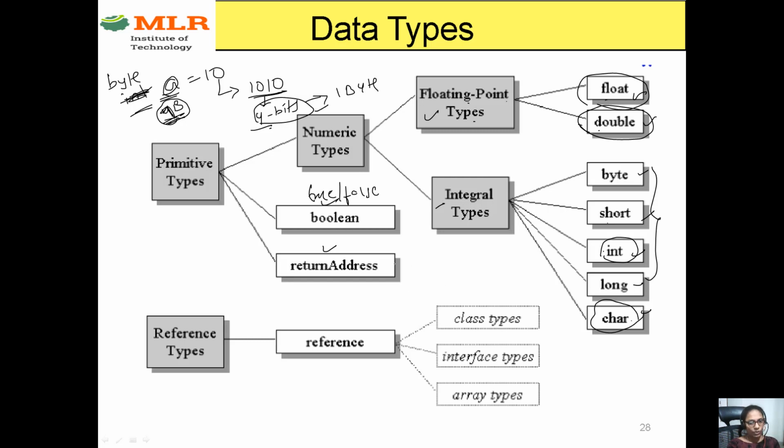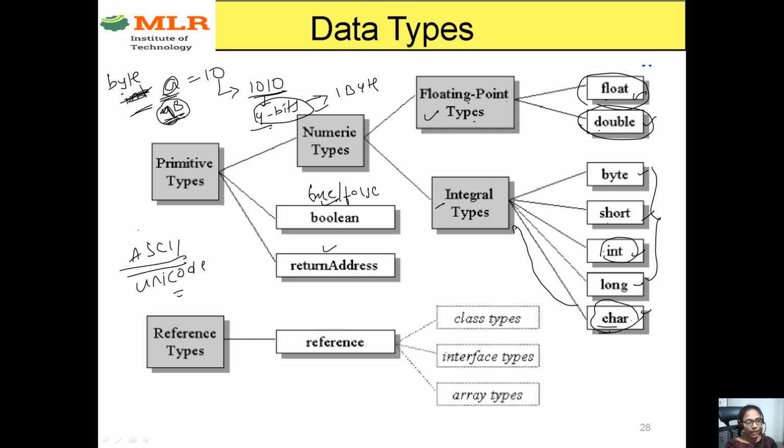And coming to char, why is char also an integral type in Java? We have seen in C that characters are stored in the form of ASCII codes. Here also the characters are stored in the form of ASCII codes, and we also have Unicode for each character.